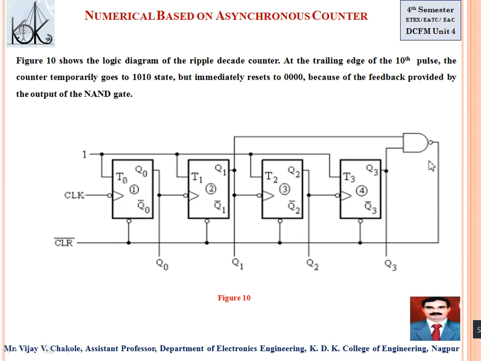But that time delay of the reset logic circuit is called a glitch. Glitch is a drawback of an asynchronous counter. It is a time delay. For some time you are at 10, after that you go to 0, and that time period is nothing but the time taken by this NAND gate or by this reset logic circuit. Got this? So again you start from 0 0 0 0, then 1 2 3 4.